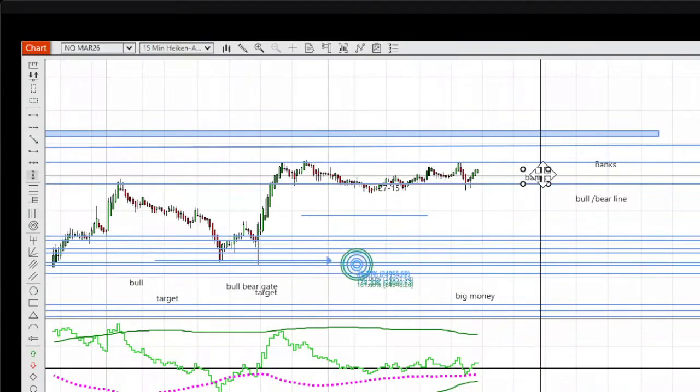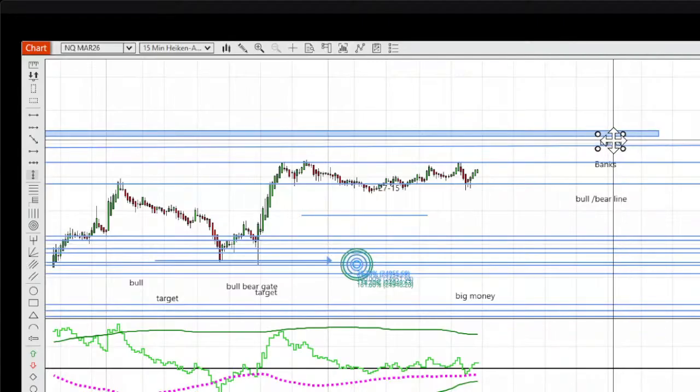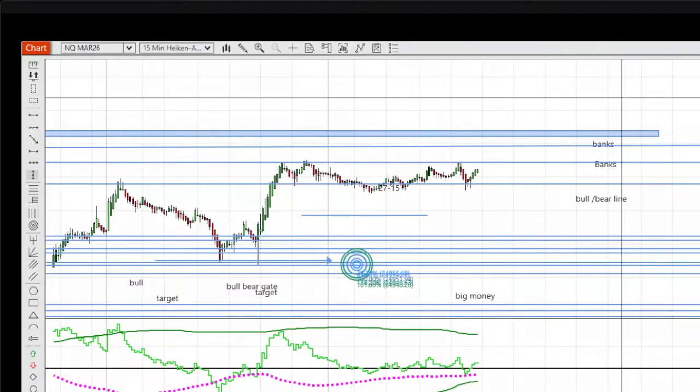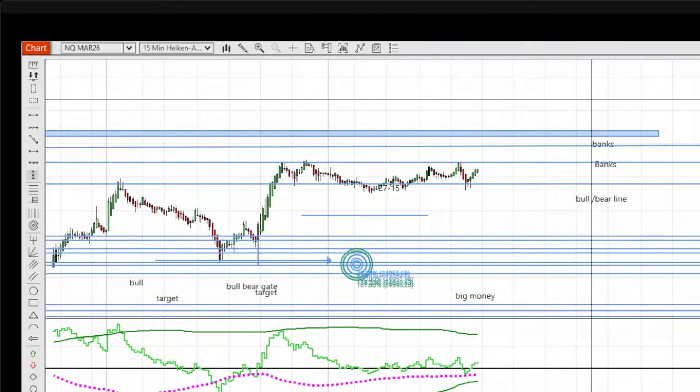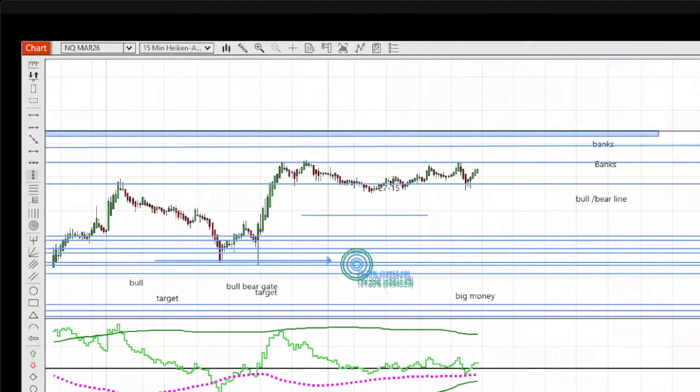Just easy to rebuild it like this, right? There's the other bank level. Okay, so now bull bear gate, no, bull bear line, breakout lines. So let's just go here and say we have to be above. Well, we know the 340 is the bull bear line, so we're gonna have to put that at 340. Okay, guys, which is